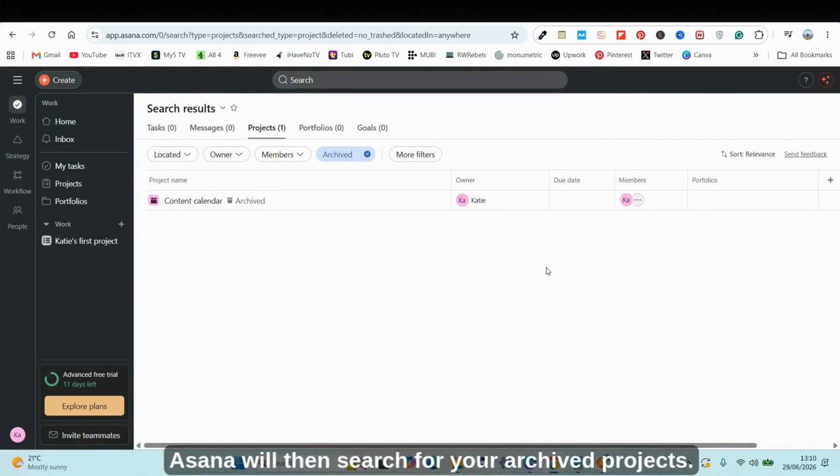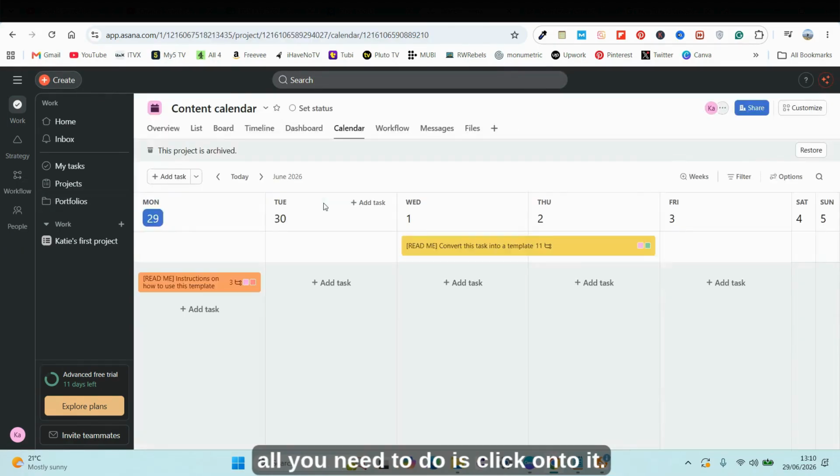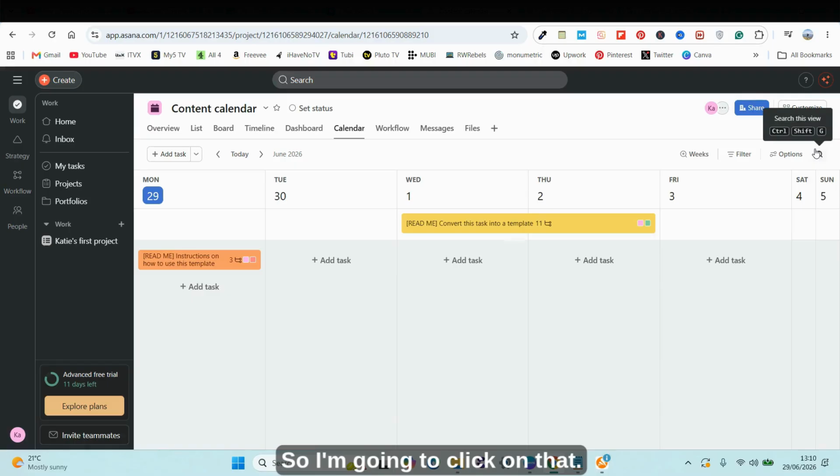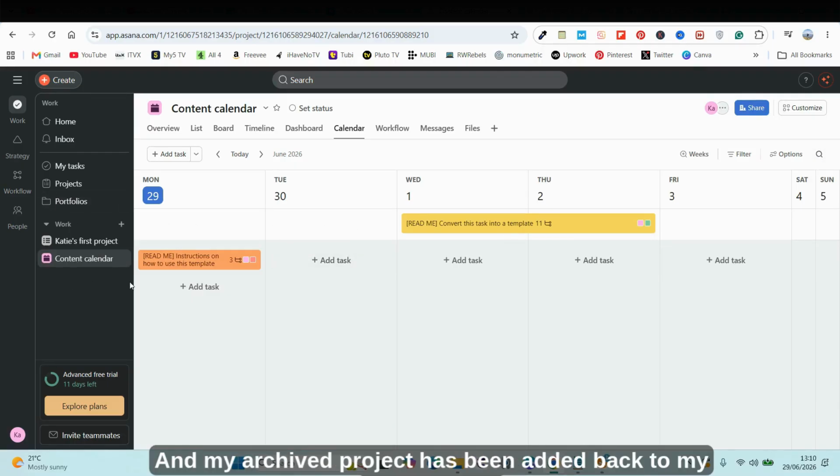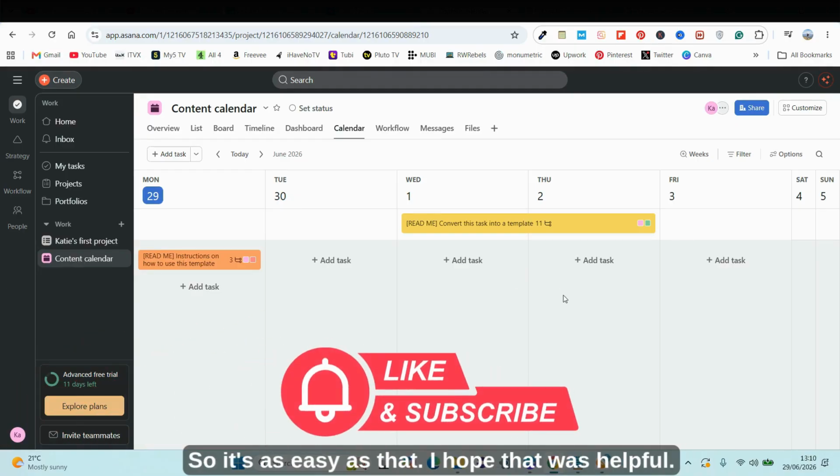Asana will then search for your archived projects, and then if you want to restore it, all you need to do is click onto it, and then in the top right you should see a button that says restore. So I'm going to click on that and my archive project has been added back to my workspace. So it's as easy as